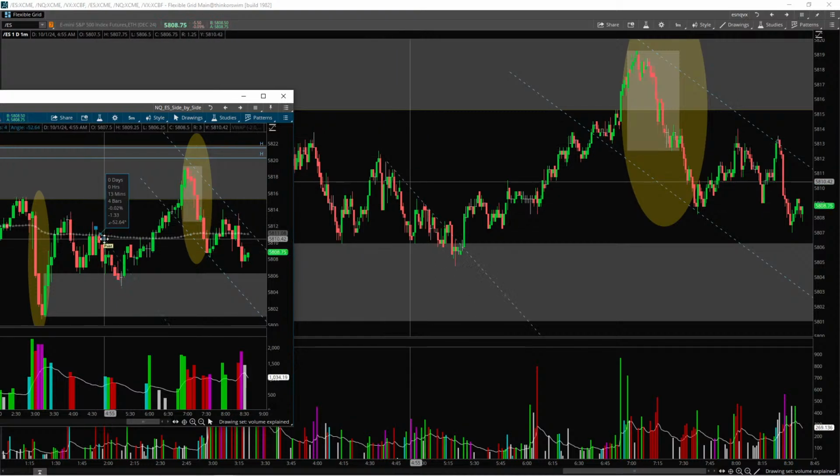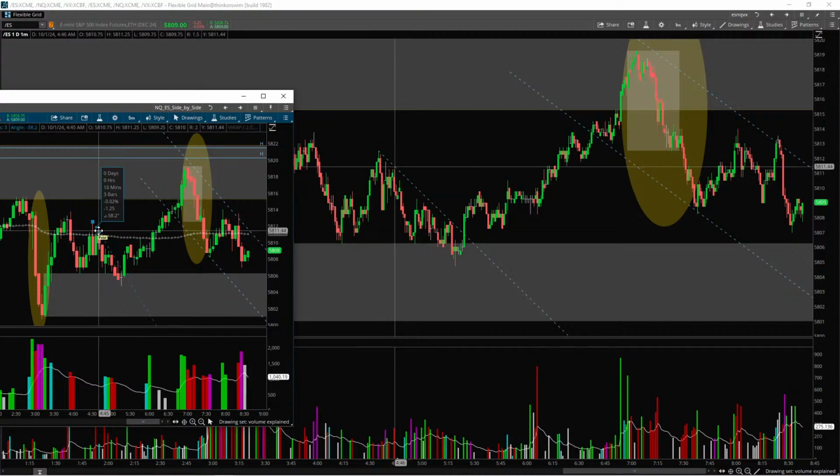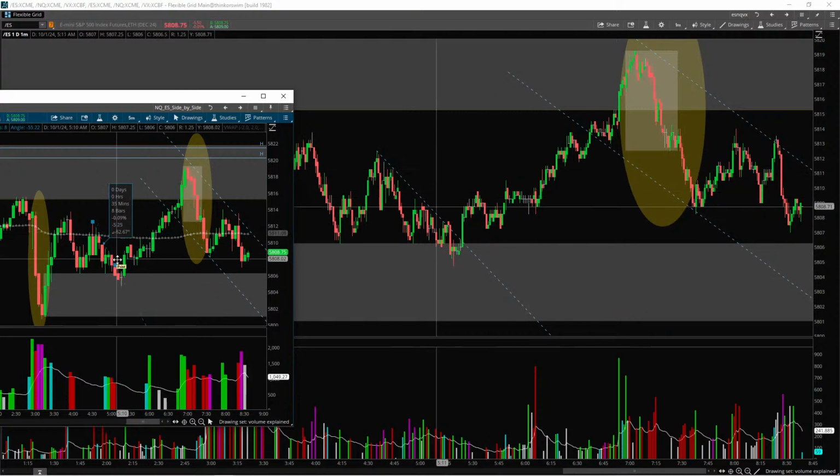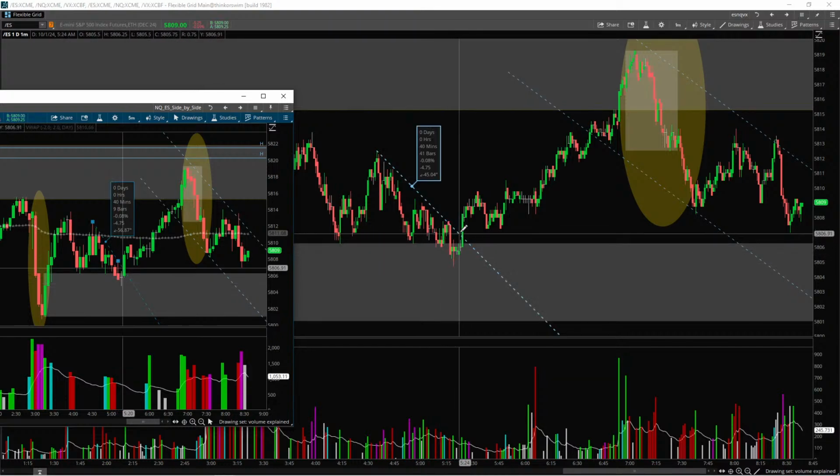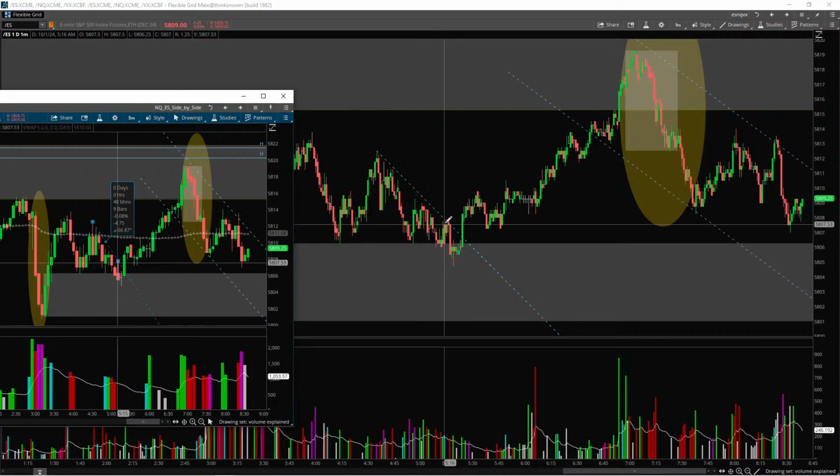to where price stayed clean until it wasn't. Right? Clean trend line until it's not. So clean trend line until it's not. And then going up,